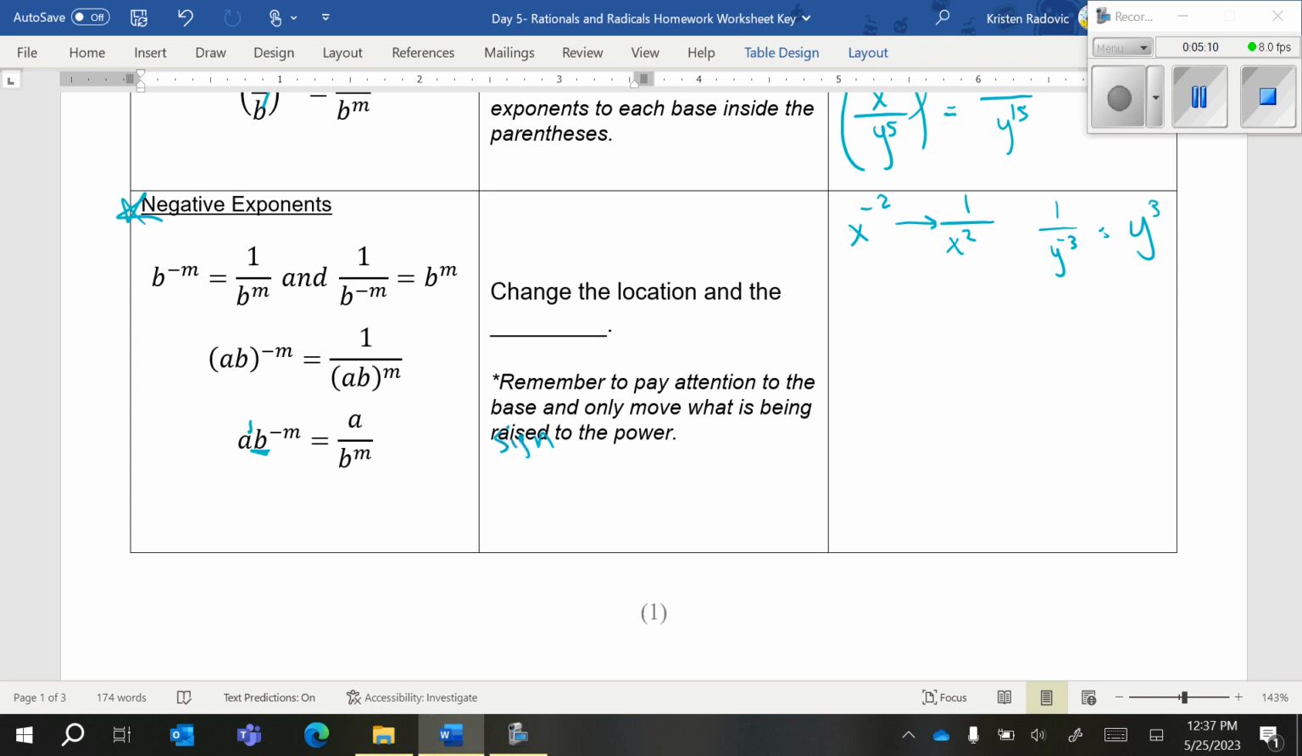If you have (xy) to the negative 2, this turns into 1 over, because of the negative, (xy) to the positive 2. And from there, you could distribute the exponent to get x squared y squared. If you have a case like this,